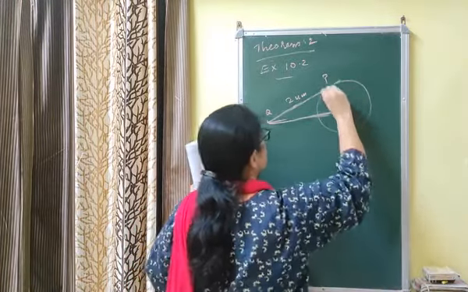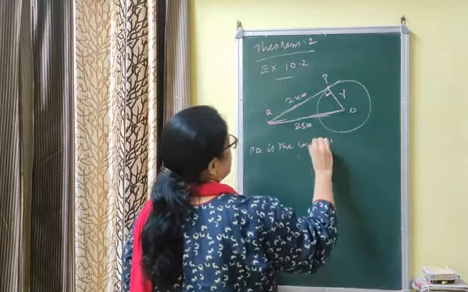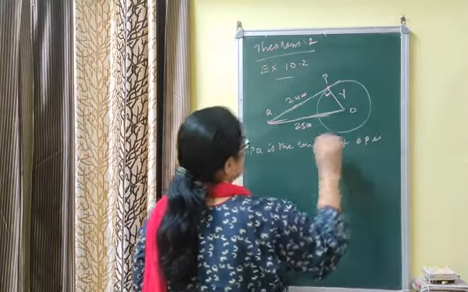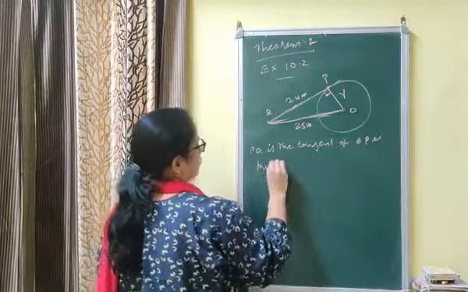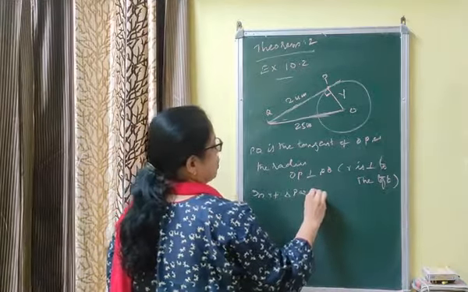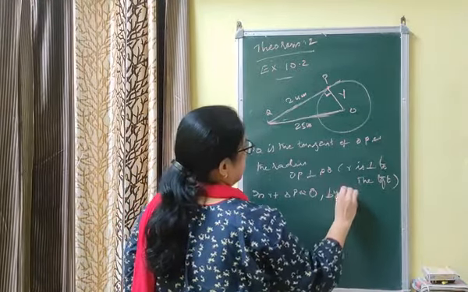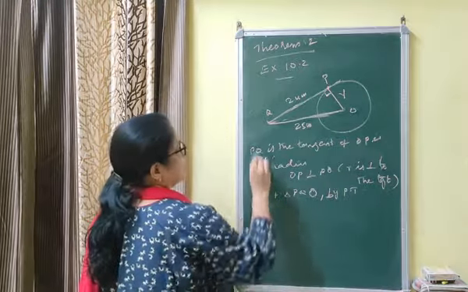Since PQ is the tangent, and OP is the radius, therefore OP is perpendicular to PQ by theorem 1. Radius is perpendicular to the tangent at the point of contact. TGT means tangent, understand the short form. Now you can use Pythagoras in right triangle PQO. In right triangle PQO, by Pythagoras theorem,